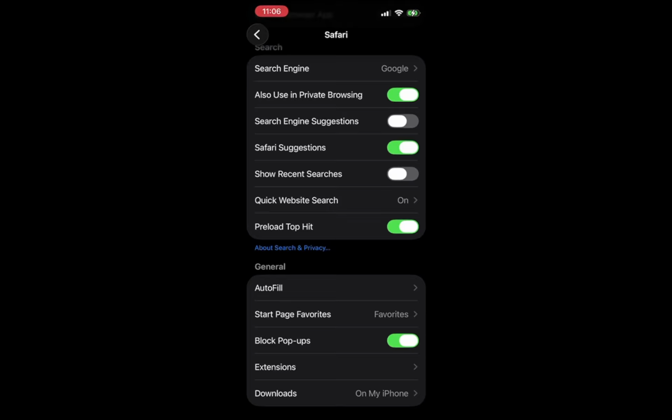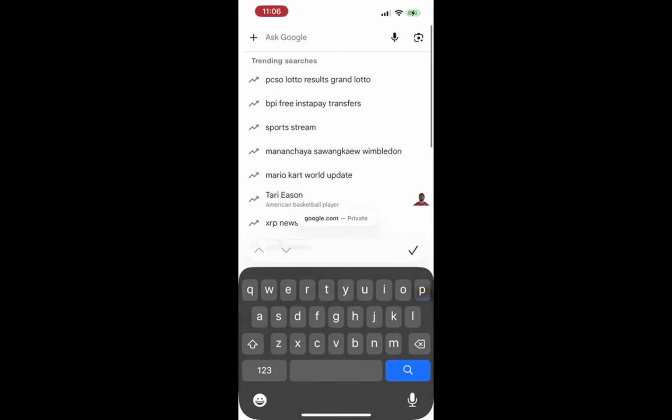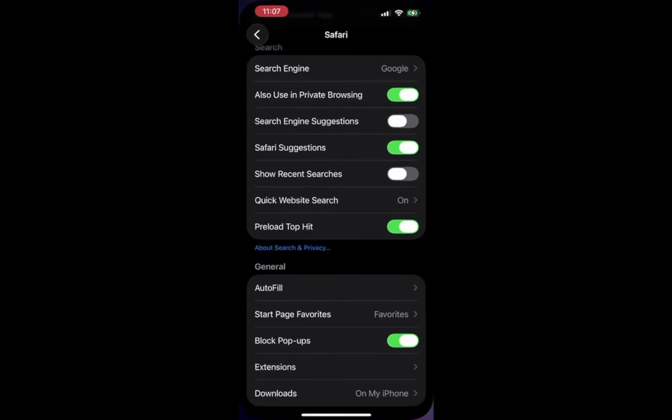Note that if you browse in a regular Safari tab, your history will still be saved. Apple does not provide an option to permanently disable browsing history in normal mode. To remove existing history, go to Settings, then Apps, and finally Safari. From there, select Clear History and Website Data. This will erase all past browsing activities, ensuring a clean slate. This step is vital for those who want to maintain their privacy thoroughly.